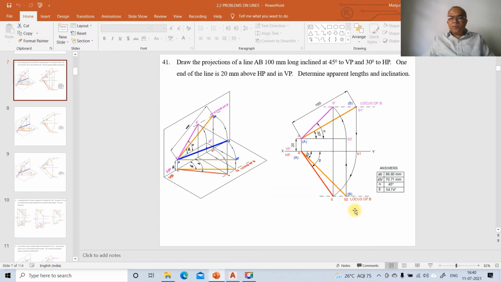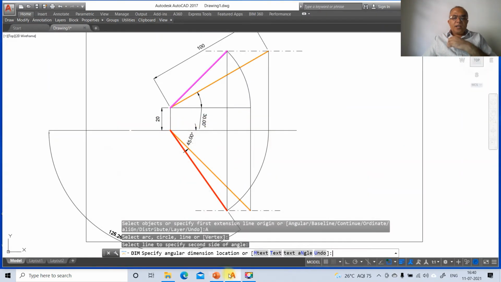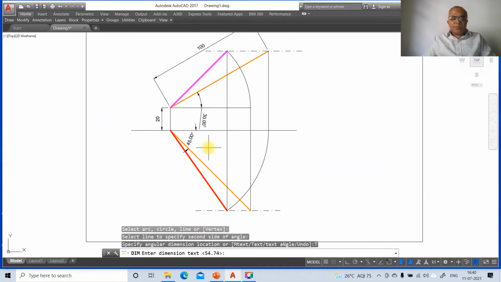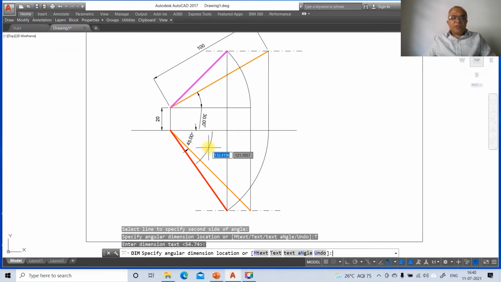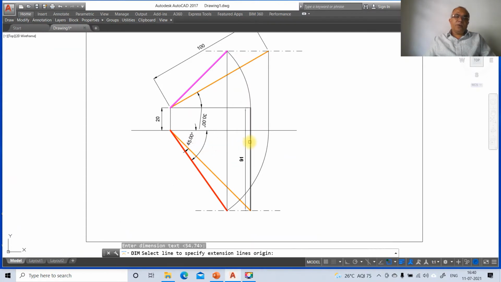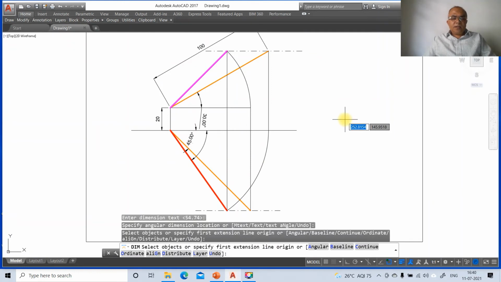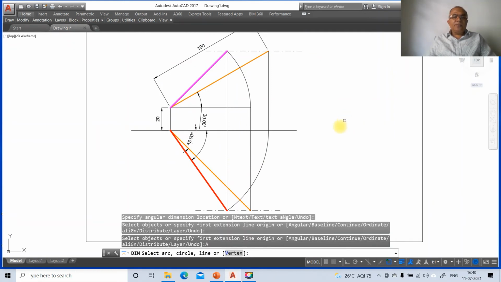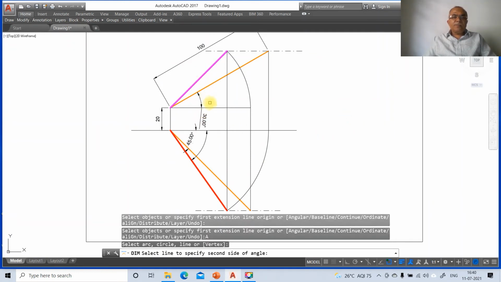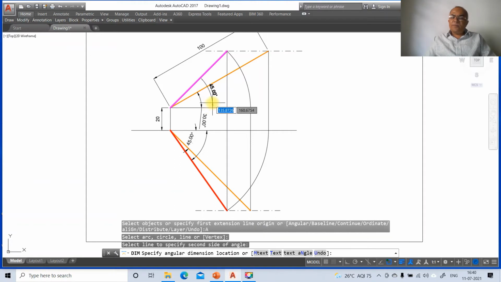So when you want to check your beta angle, you are going to get it as 54.74, and hence your problem is right. So go to text. So give space and enter, and go to dimension location, place it wherever you want. Now similarly, go to angular again, select between these two. So you're going to get 45, alpha, that is S.